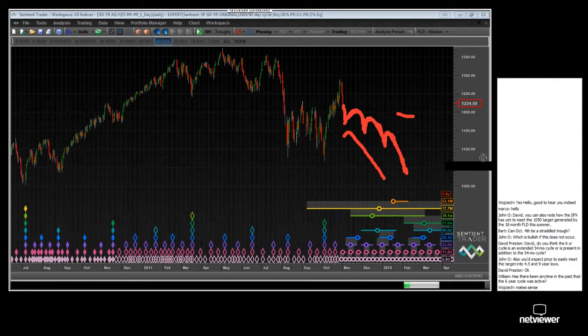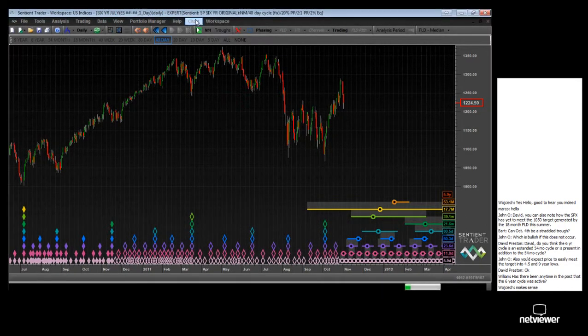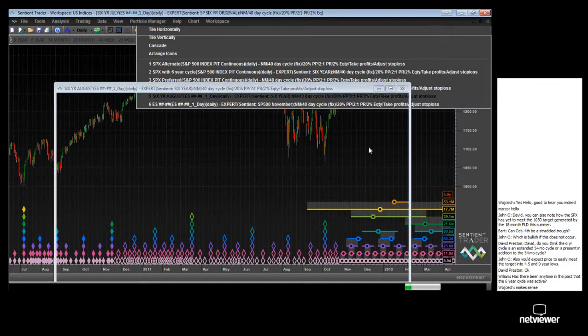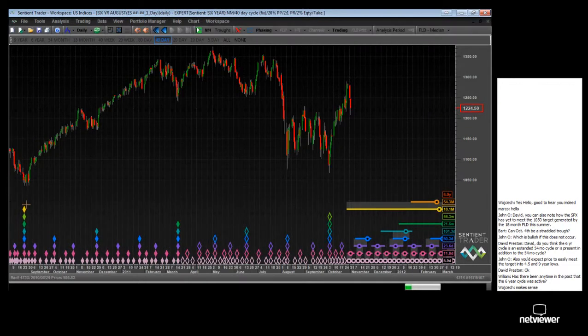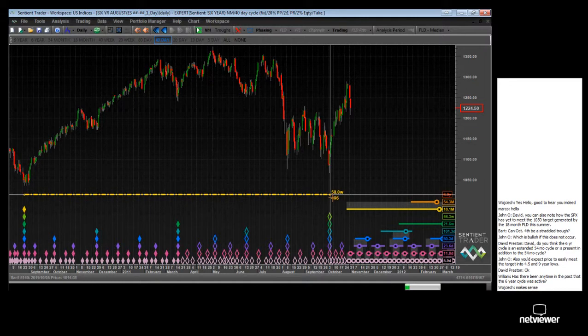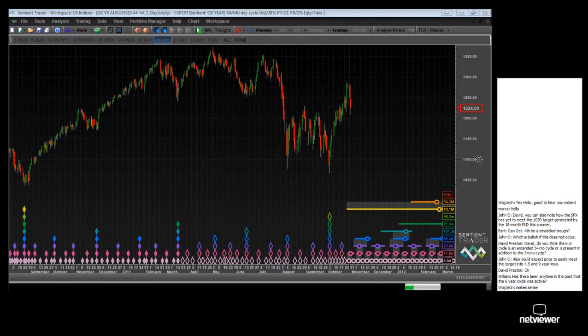As the cycles unfold and we see the shapes that these cycles are taking, if the next 40-day cycle develops a very bearish shape, then we're going to say, okay, that was probably the first analysis. If the next cycle has a slightly bearish shape, then I think this is going to become our preferred analysis, and we're going to say we're still expecting even more bearish cycles to play out before the trough that we're expecting early next year. Okay, let's have a look at the third option, which is, I think, the least likely option,